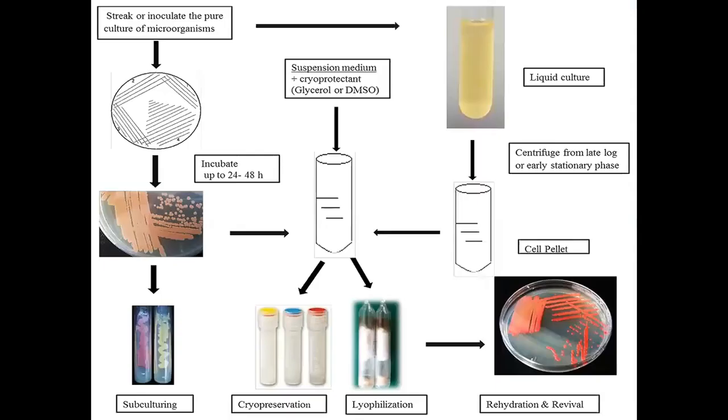Right. Here you can see in this diagram the streak cultures, or plates of pure cultures of microorganisms. First you will streak, then you will subculture after a maximum of 1 week. Depending upon the type of bacteria, you can keep them even for 1 month, and they will be kept in the refrigerator. Later on you will observe that the bacteria is not growing properly. At that time you take fresh medium, pick up the colonies and culture them on the new medium. Again you can keep these for 1 month. Like that you can do the subculture process.